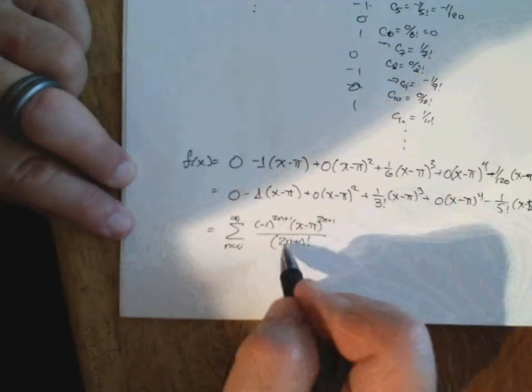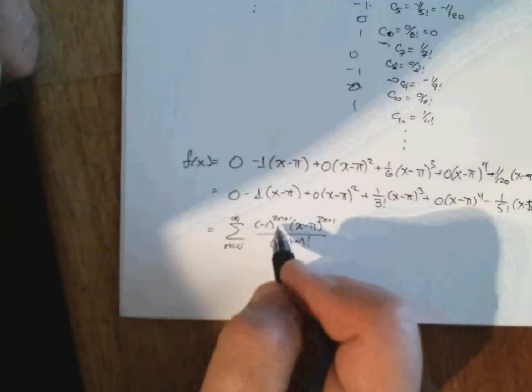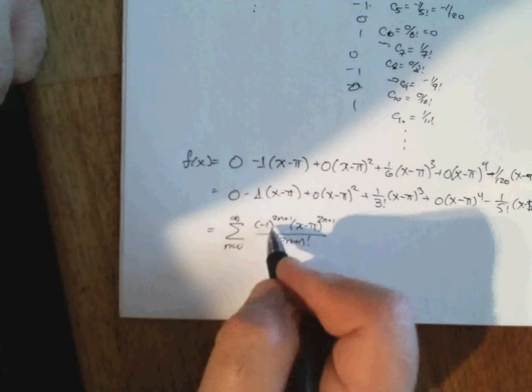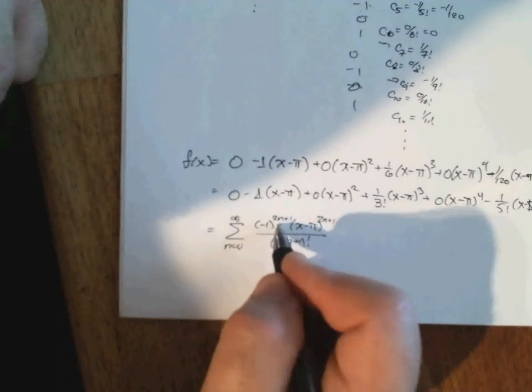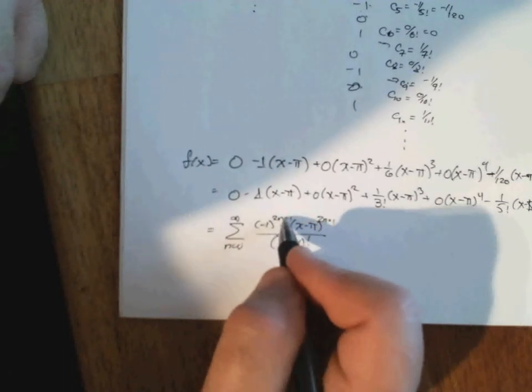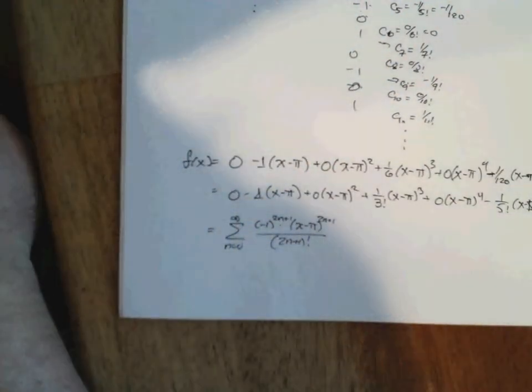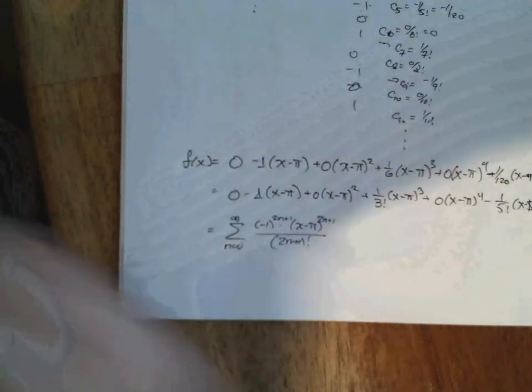And then we want to divide by 2n plus 1 factorial. So 1 factorial, 3 factorial, 5 factorial is the pattern that we're getting there. Same in the powers: 1, 3, 5. And then we want this to be a negative. So that's a 1, 3, 5. I need that to alternate, so